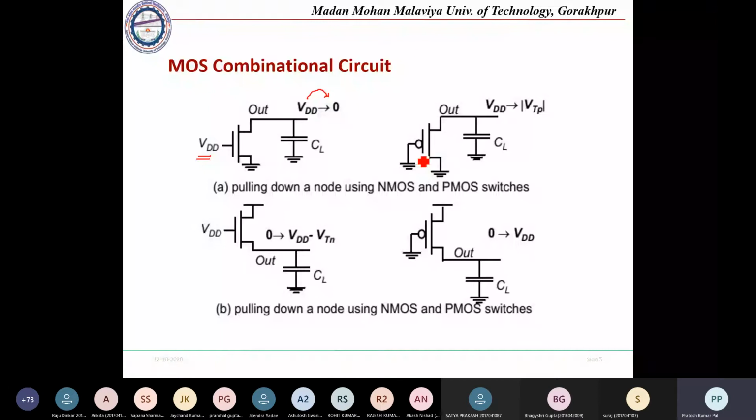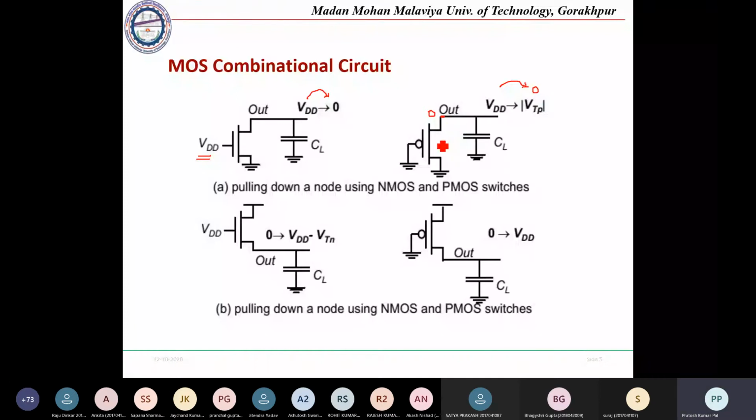To make this transistor turn on, we will connect it to ground. In this combination, this transistor will be turned on. At that time, whatever output was initiated, that is VDD, should be switching to 0. But it will not switch to 0, because if your output terminal becomes 0, then whatever gate to source voltage,